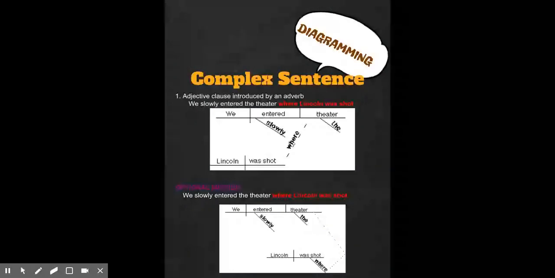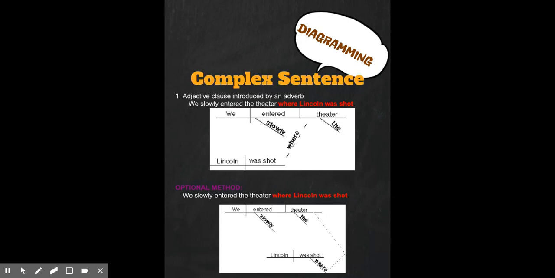Here's an example of an adjective clause. We slowly entered the theater where Lincoln was shot. Okay, we entered is the core of the sentence. We is the subject pronoun, entered is the verb. What did we enter? Theater, direct object. And then we have our modifier, slowly, which is how we entered, and the, which is our article adjective modifying theater. Where is our connector